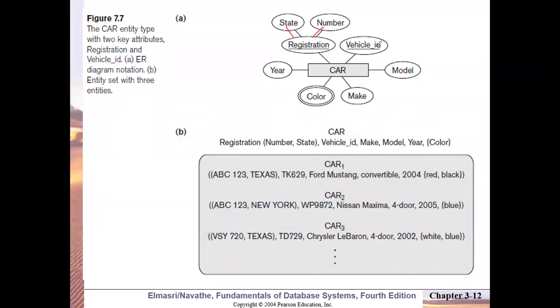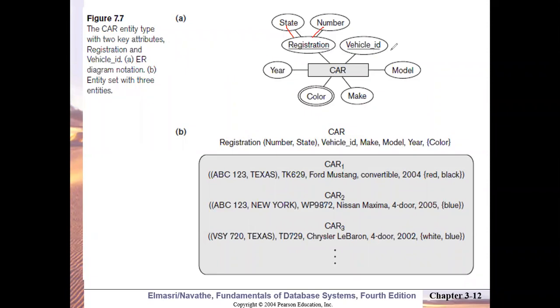So always remember, even in your projects, when you draw an ER diagram for your own database, you will show your entity with a rectangle, normal attributes with oval, multi-valued attributes with double bordered oval, composite attributes like this, and derived attributes with dotted line. And then key attributes should be shown by underline.